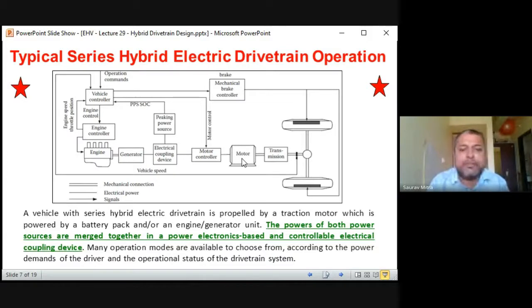This is another type of electrical connection. And finally, what are the signals? So we see how many signals there are. First is the brake, acceleration and direction. This is one signal. Here there are many signals.